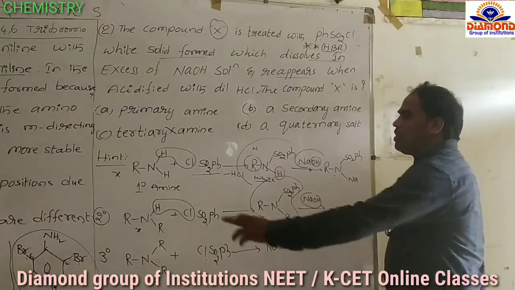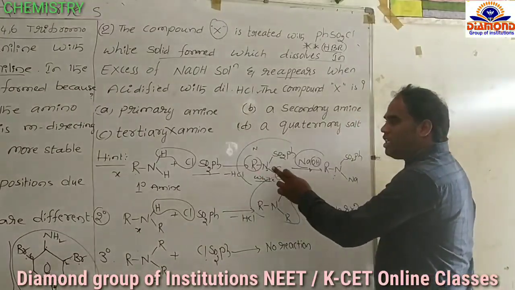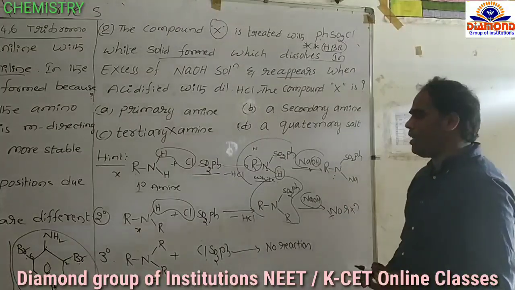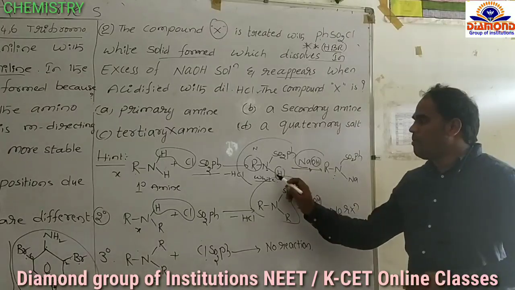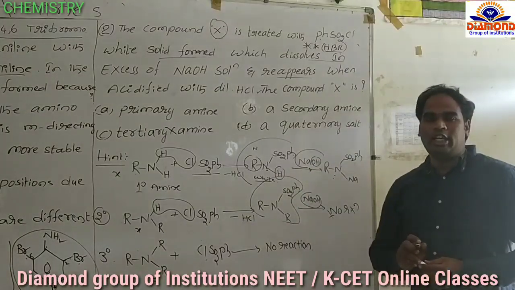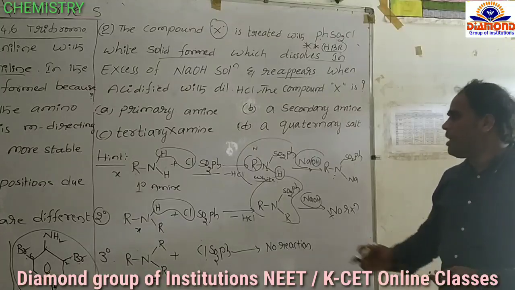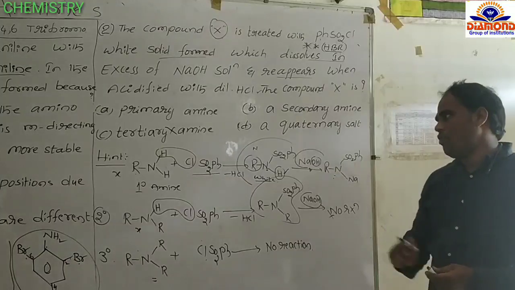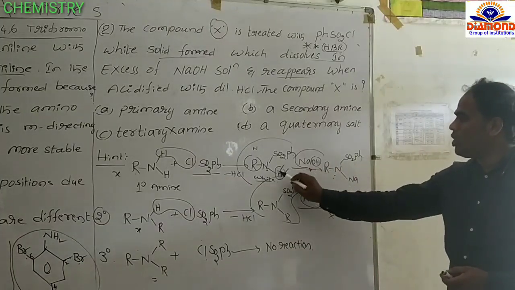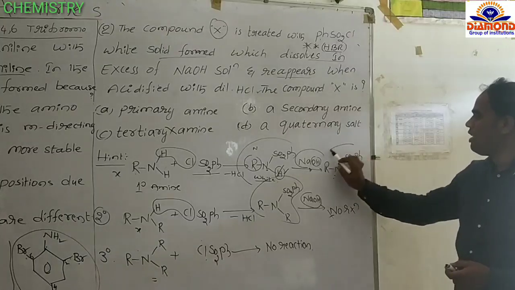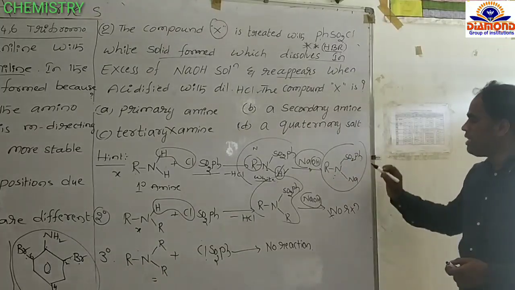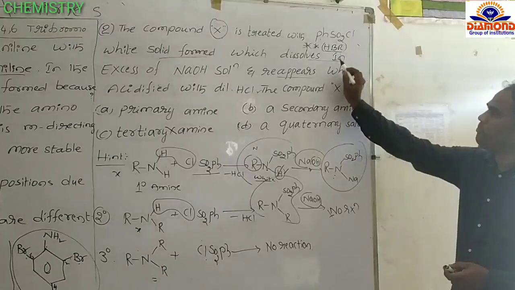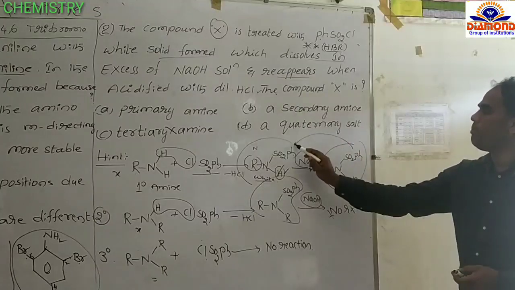Okay. Next. So, primary amine reacts with Hinsberg's reagent, it forms a white solid. Secondary amine also reacts with Hinsberg's reagent, it forms a solid product. Now, this white solid dissolves in NaOH because another hydrogen is present in this white solid. So therefore, here instead of this hydrogen, sodium is substituted, then we get a product like this. And this compound again reacts with HCl, then it reappears.